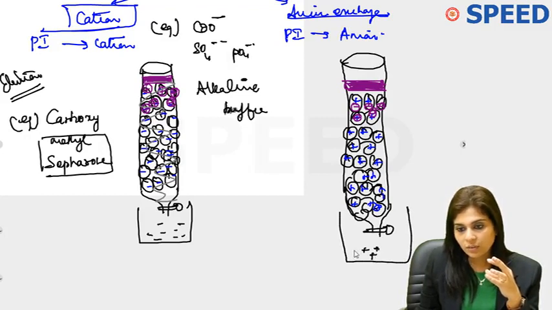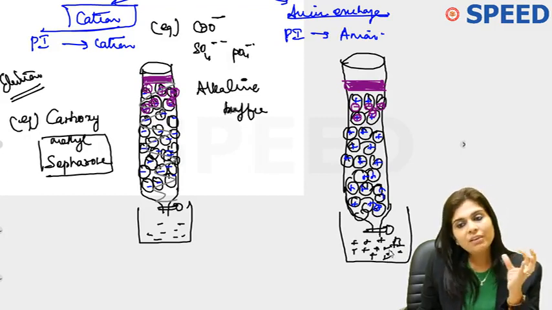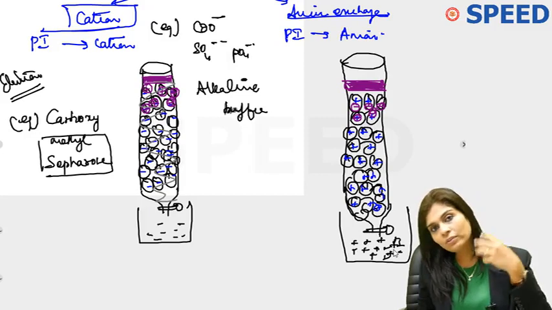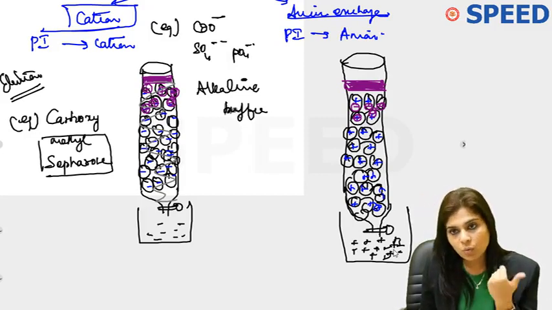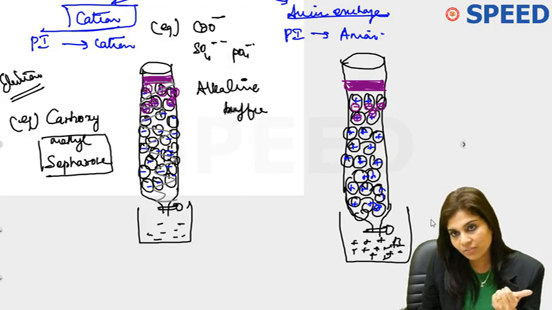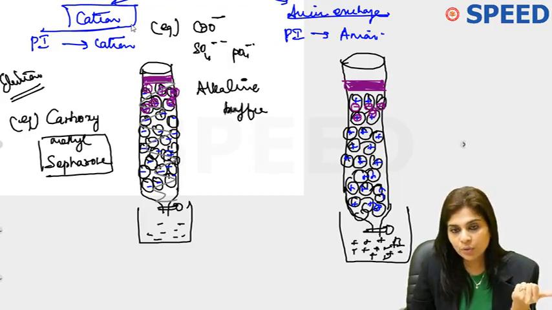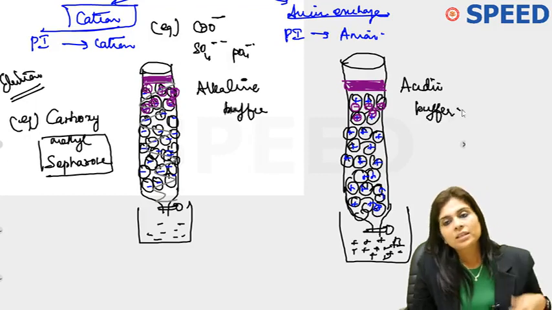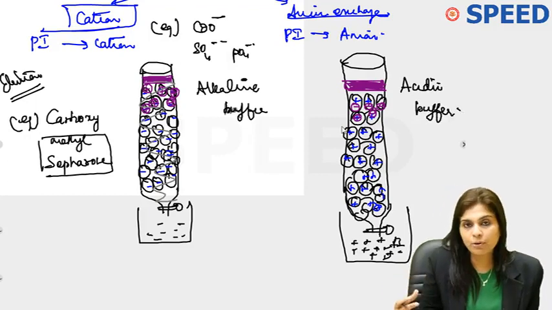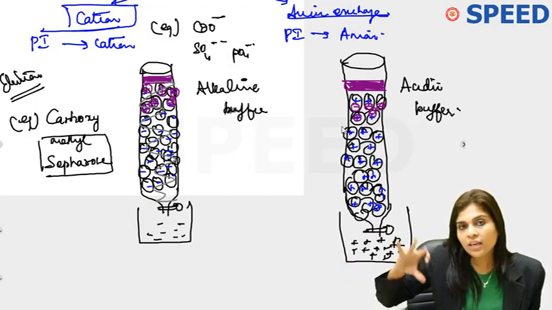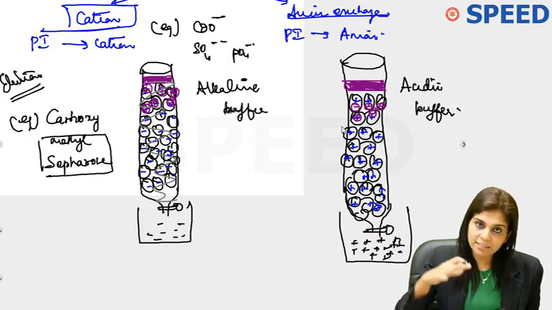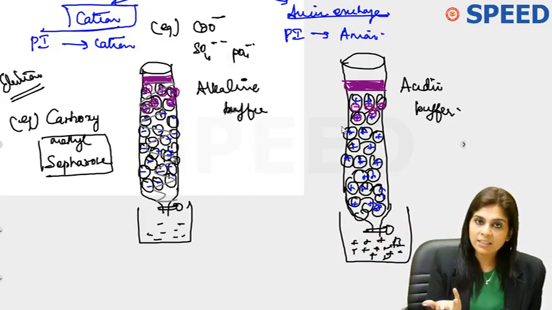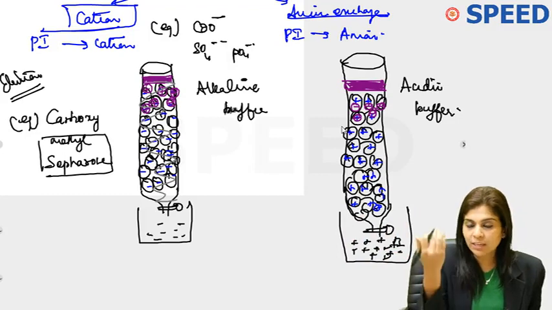So what has got collected down? All positively charged proteins which you consider as impurities have come down first. So after you have removed all impurities, how will you get back what you want from the stationary phase? By elution. What do you do in elution of anion exchange chromatography? In cation exchange chromatography, you pour an alkaline buffer; in anion exchange chromatography, you will have to pour an acidic buffer. So when you pour an acidic buffer, main aim of your protein is to neutralize the acidic pH. How can they neutralize the acidic pH? By getting the H+. When they get H+, they are no more negatively charged. They can no more interact with stationary phase, so they come down.